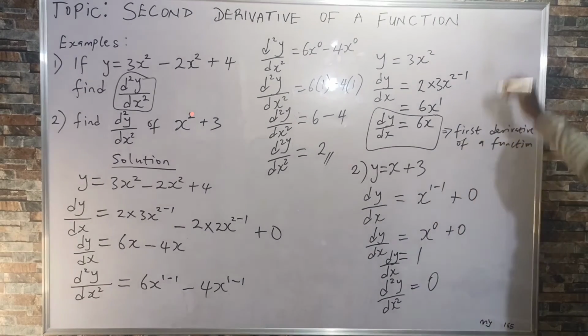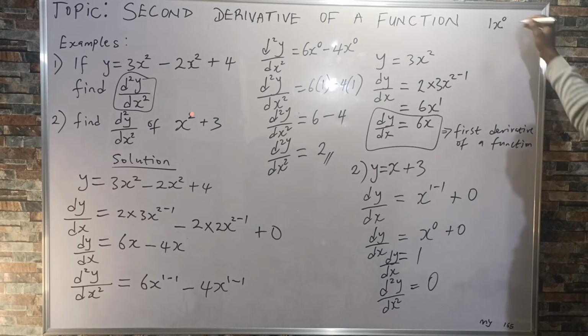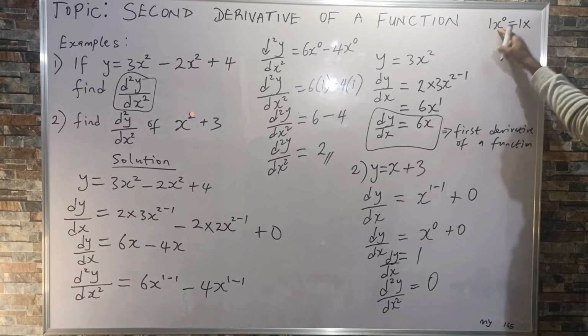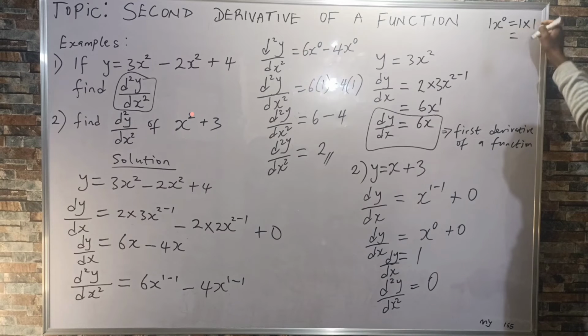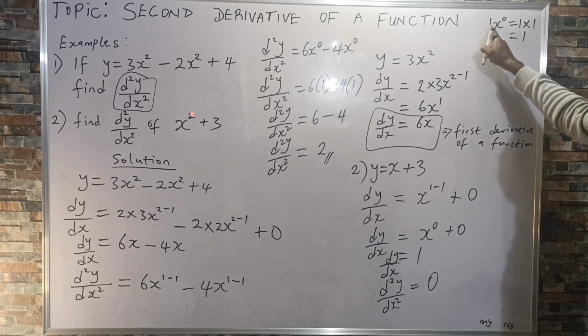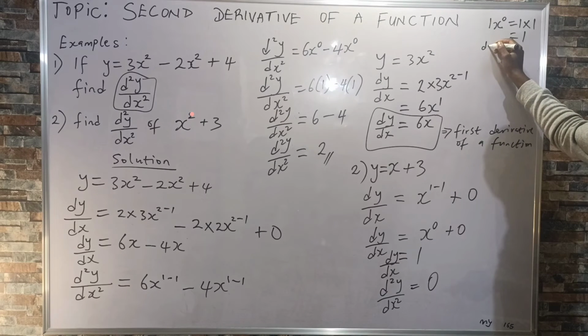1 is the same thing as saying 1x raised to the power of 0. Because 1x raised to the power of 0 is the same thing as saying 1 multiplied by x raised to the power of 0, which will still give you 1. And 1 multiplied by 1 is 1. That means 1 is the same thing as 1x raised to the power of 0. Such that when we differentiate